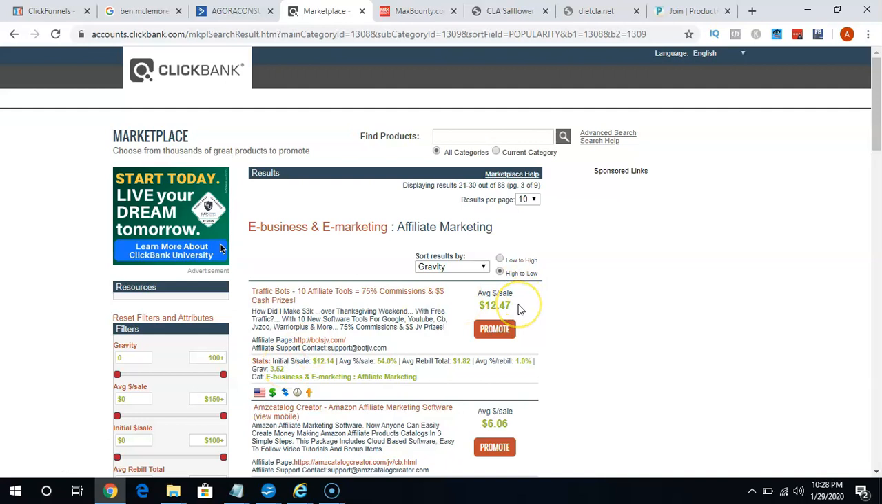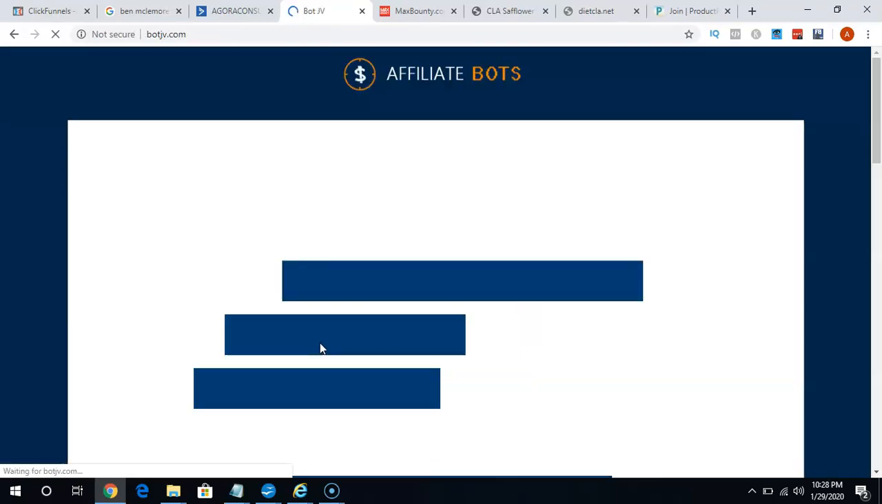I don't want to just promote something for $12.47 if I'm going to be spending money. If I'm going to be using Bing ads, I'm probably going to promote something that is $27 or more, preferably $47 or more. And then you look here within ClickBank. This is why I love ClickBank over MaxBounty at this moment. You can look at the affiliate page and let's see if they give us a little bit more information,